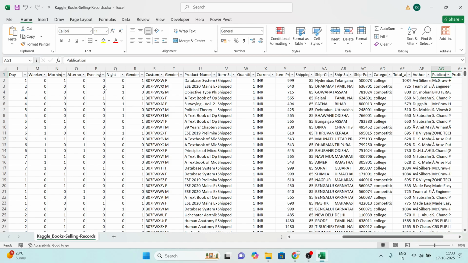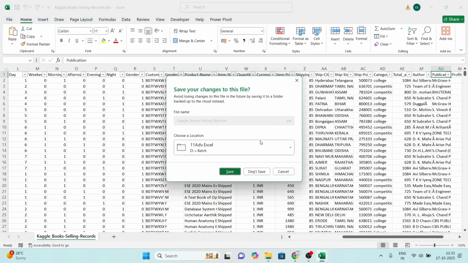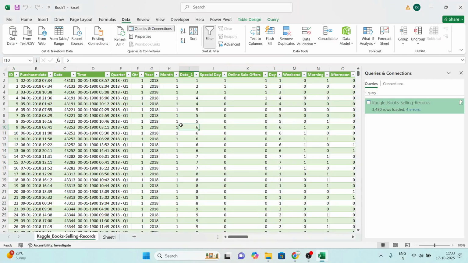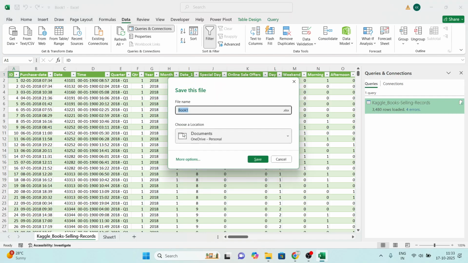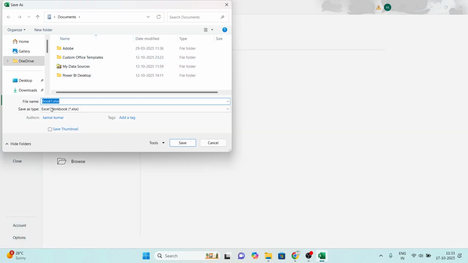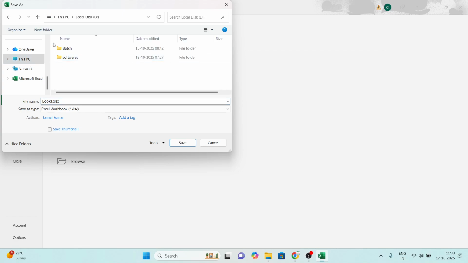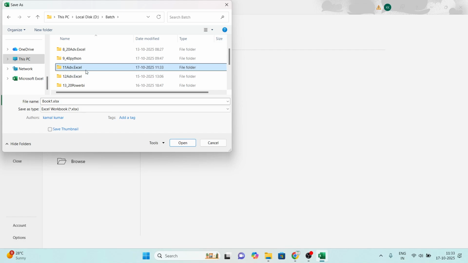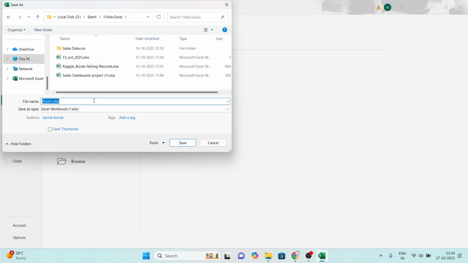Now the next task is going to start, so I'm just going to close this. Now the data is understood by us, and the data is available here. This is the data from which we have to take the insights. I'm here in a new Excel workbook. First of all I want to save this, so I press Control S, choose more options, and browse to where I want to save. I want to save in the location where we are working, in the D drive, this PC D drive, in the batch folder, 11 advanced Excel. So here what name can we give,